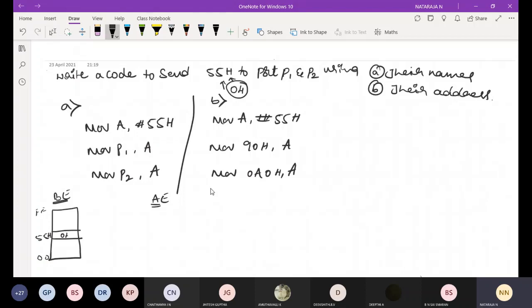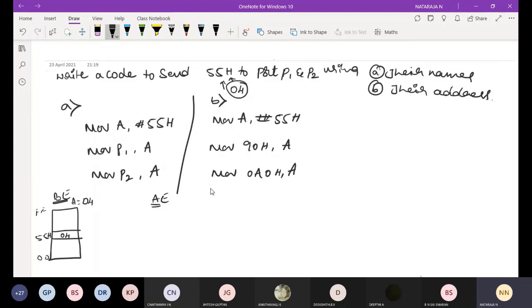The data I am considering is 4, represented in 55H. Now move A, 55H. Whatever the content in 55H, that will be in A, so A is equal to 04. At this address we have data 04 that will be moved to the accumulator.